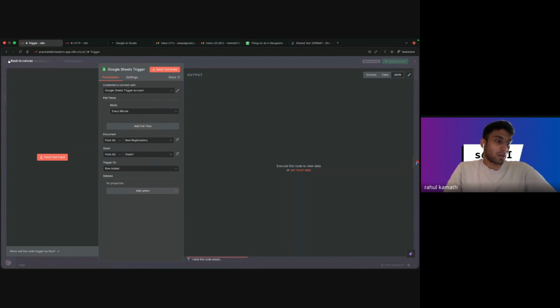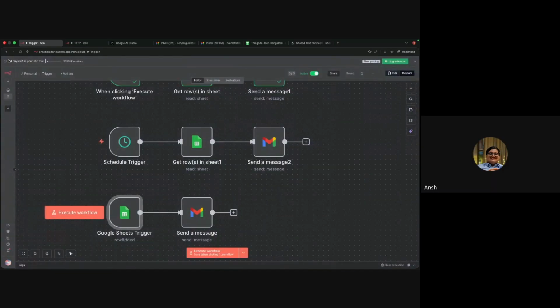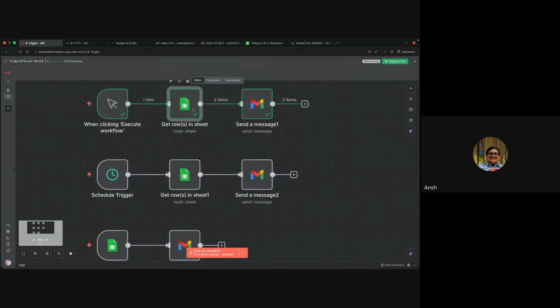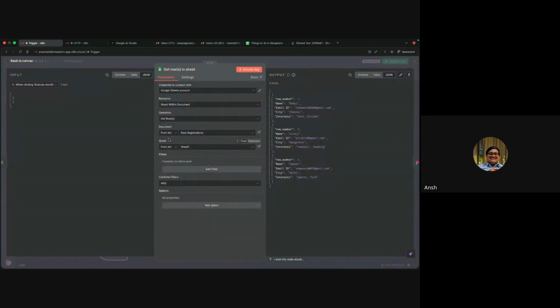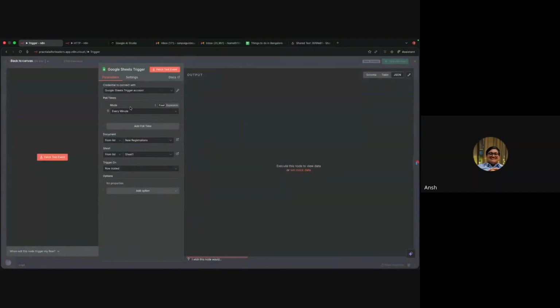Yeah, Ansh, you had a raised hand. Do tell me if this is a question which you will cover later as well. Basically, I am asking if you could open that Google Sheets trigger for 1 second. I had a question about that, because you are saying that you are polling every single minute. Yes, sorry, I think it was the third one.